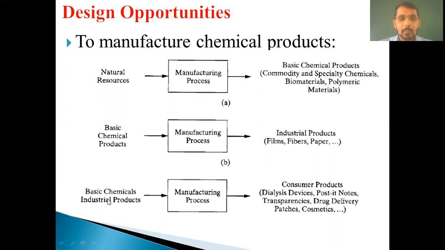And after that, by using basic chemical industrial products, we can get consumer products. So what are the basic chemical industrial products? Those are fibers, papers and so on. And the end-use consumer products are post-it notes, dialysis devices, drug delivery and cosmetics. Many more things are there, which are the value-added products, or we can say consumer products. After that,